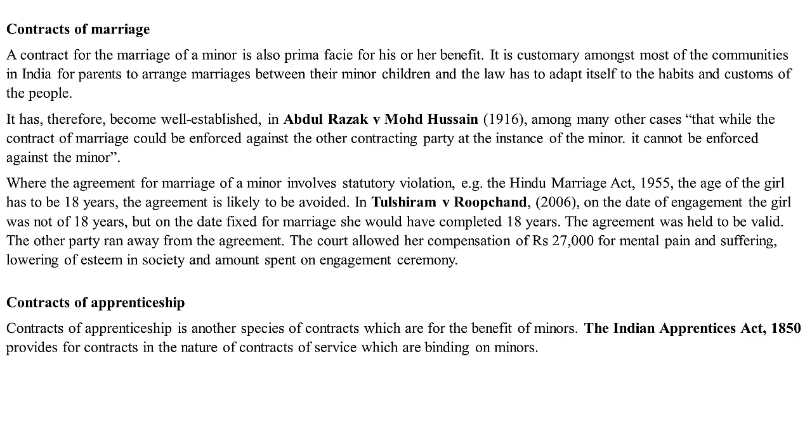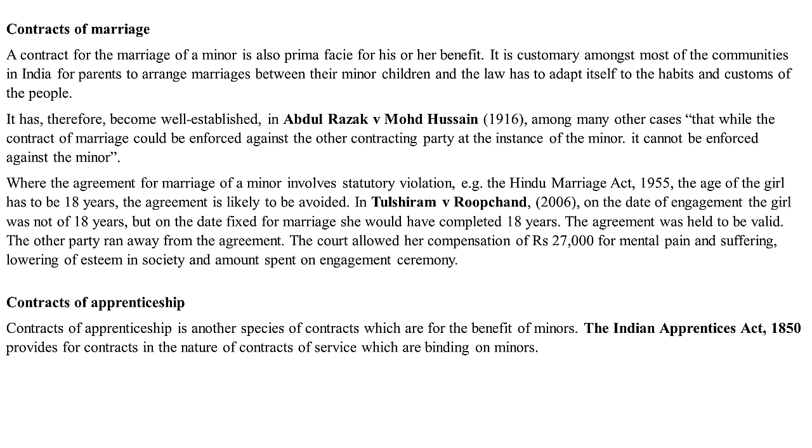A contract for the marriage of a minor is also prima facie for his or her benefit. It is customary amongst most of the communities in India for parents to arrange marriages between their minor children, and the law has to adapt itself to the habits and customs of the people. So it has become well established in Abdul Razak versus Muhammad Hussain, among many other cases, that while the contract of marriage could be enforced against the other contracting party at the instance of the minor, it cannot be